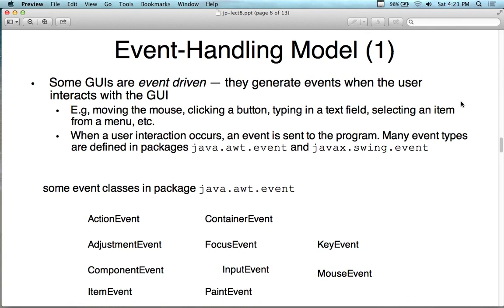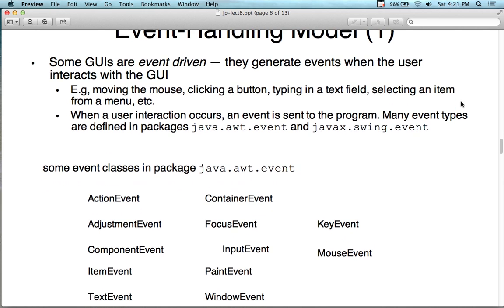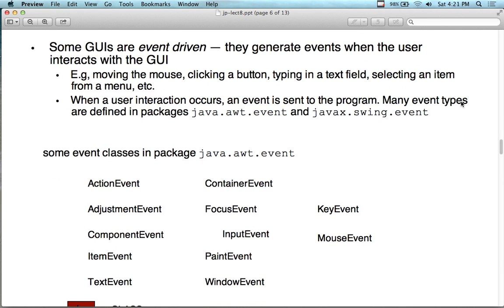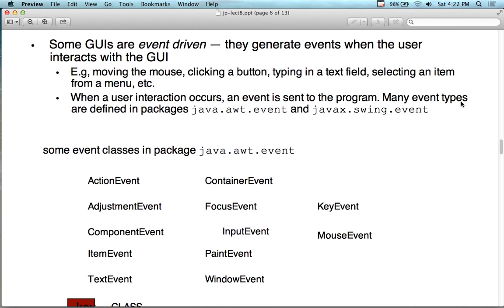So it's an event-driven model that we're working with, and as most people are familiar with event-driven behavior, it's all about what the user clicks on. So for the execution of the program, in our other examples, we're looking at main, and main just starts in and does some stuff. Here we put the environment out and we wait for the user to click on something and respond to events. So some GUIs are event-driven. They generate events when the user interacts, such as moving the mouse or clicking the mouse, all coming from many types of defined packages,